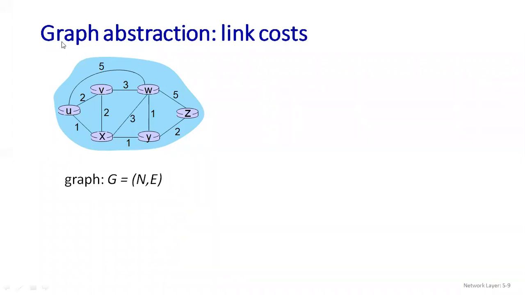So here you can see this is a graph. If any diagram is mentioned as a graph, you cannot see any arrow marks here. That is the first thing you have to remember. The next thing is why it is called link cost. You can see I have here 6 nodes, and the 6 nodes are connected with each other. Whenever a connection is established, that is known as a link. So what is the cost now? If I have connected U to V, the U to V link has been established and the cost is 2. Here it has been given.